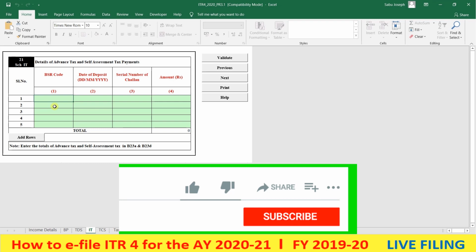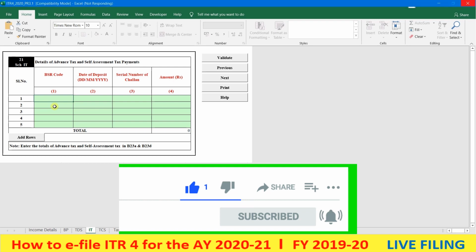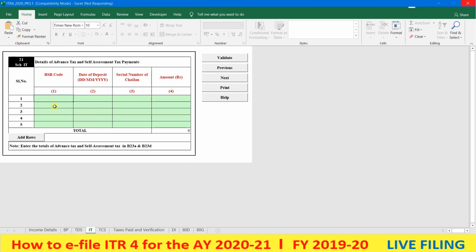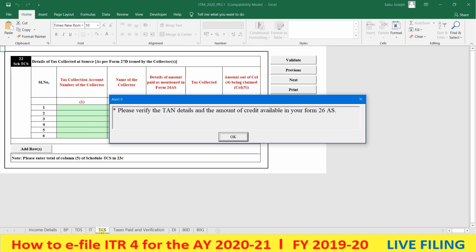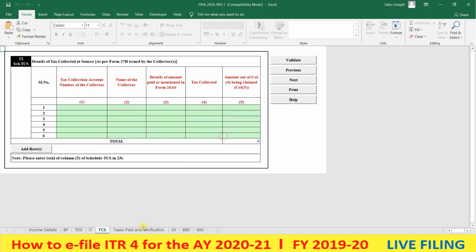If it is not nullified by rebate under section 87A, we have to pay tax of rupees 8,126. So we have to remit that 8,126 to the government by using 280 challan. That challan details we have to enter here. Then only we can file the IT return. Here nothing is there. So click on validate.